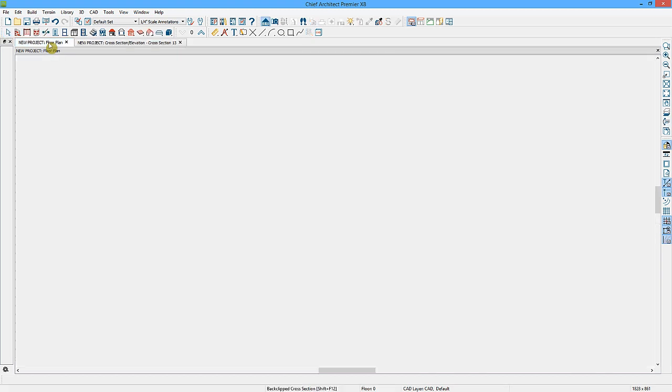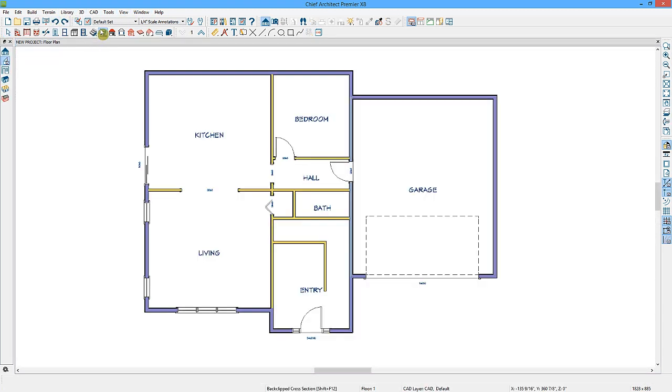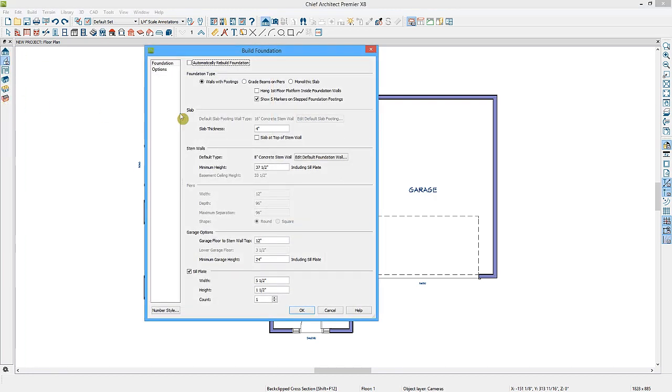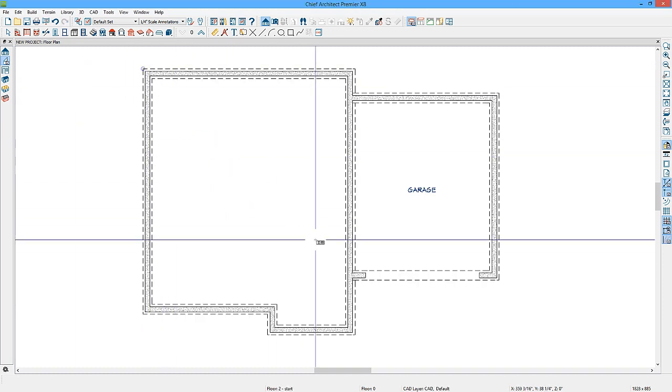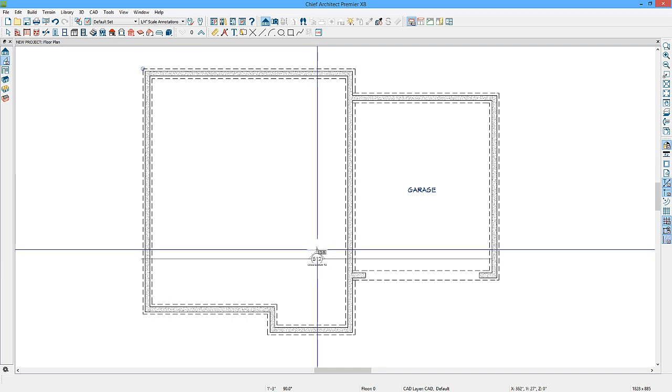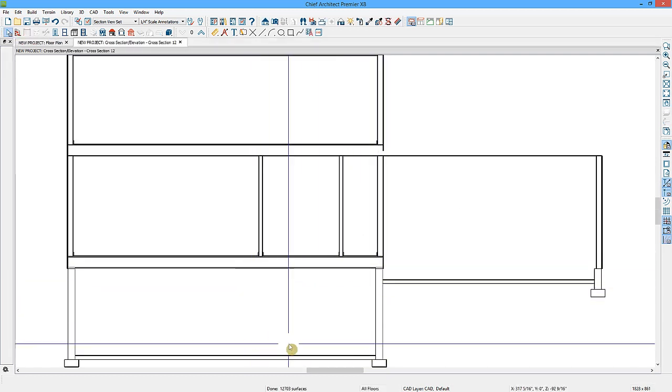I'll go back to the floor plan view and again undo the foundation and build it again. This time I want to form a basement underneath my first floor level. So I'll raise my minimum stem wall height to 100 inches. We'll accept all the other defaults and click OK. Derive it from the first floor plan and look again at a backclipped cross-section. So now you can see that my stem walls are much taller and I have space now for a basement